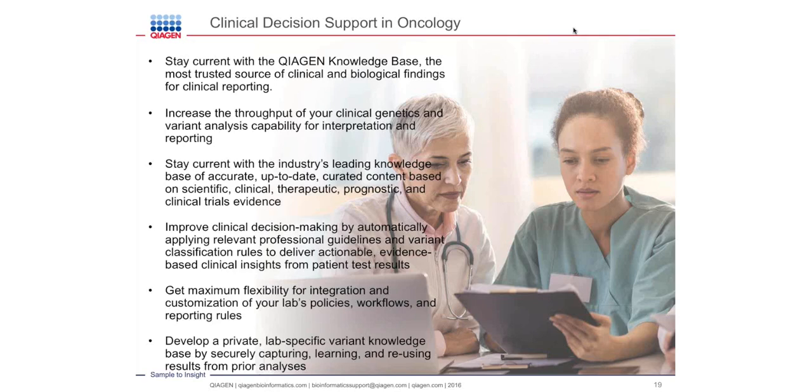sequencing results of this patient, because this is a clear-cut example that the patient has a MAP2K1 mutation, and there are targeted therapies approved for melanoma. As Dr. Deschamps mentioned, cobimetinib and trametinib are approved for malignant melanoma. So the option the physician would have here would be to write a letter of medical necessity to the insurance provider, get prior authorization from the insurance provider, and the content in QCI Interpret could be used to substantiate